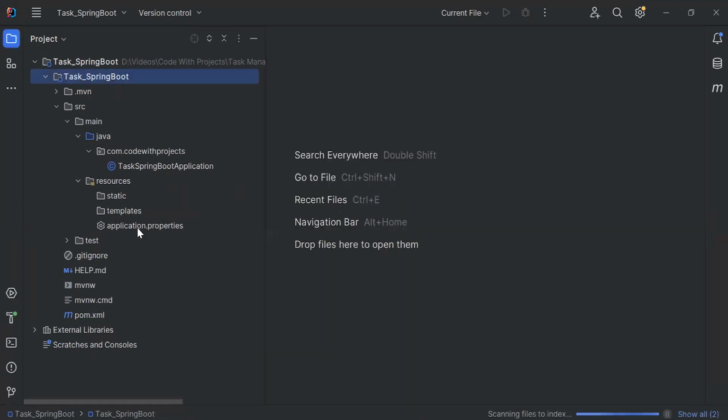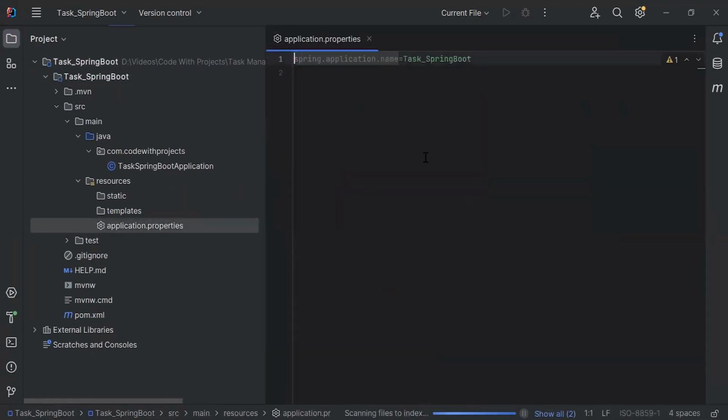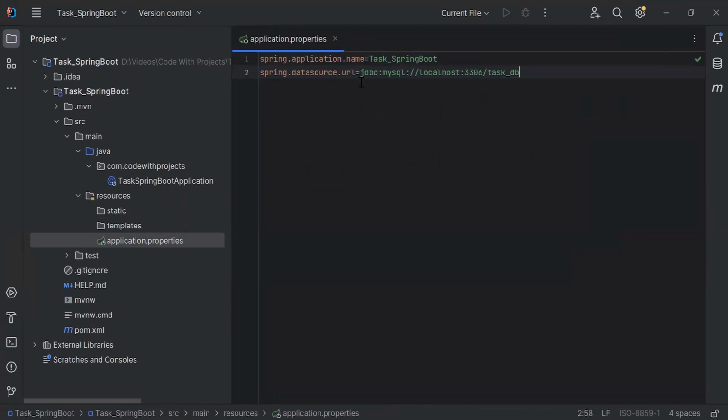Let's go to application.properties, and here I'm going to write the configuration of the DB. So you can see here the data source URL, that is a jdbc:mysql://localhost:3306, that is a port, and you can see here the DB name, that is a task_DB. After this, I'm going to add here the credentials of the MySQL workbench. You can see here the credentials, that is a username and the password, and you can see here the last